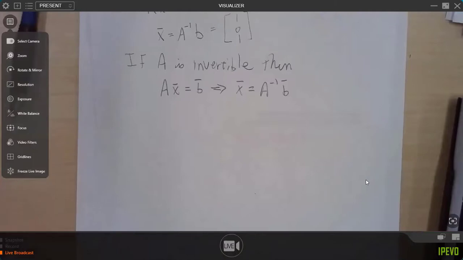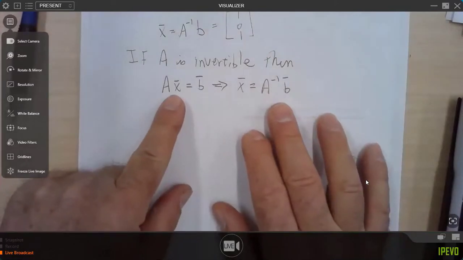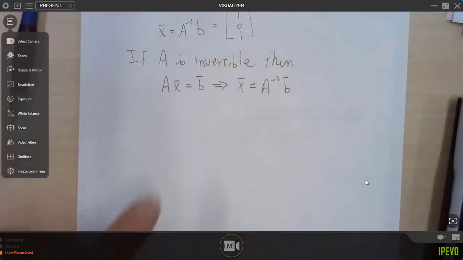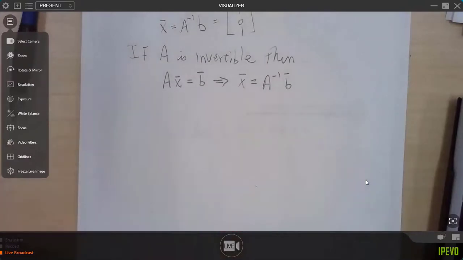Now, let me just mention that for small matrices, or when you're doing theory, so you're trying to come up with a formula, you're not necessarily trying to do calculations, this is true and sensible to do. If you are looking at a real world 2500 by 2500 matrix, do not try to solve it this way. This is numerically unstable. Mathematically,